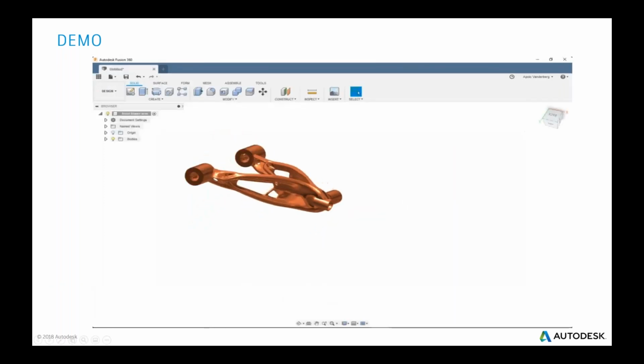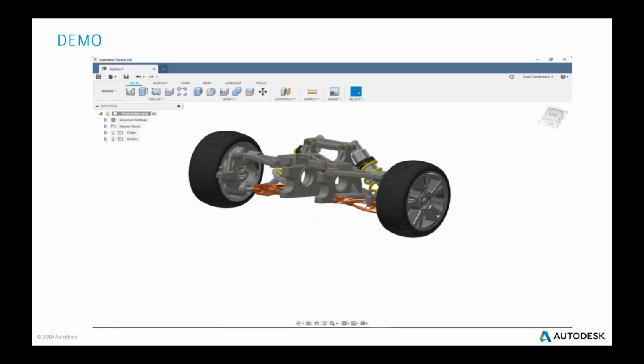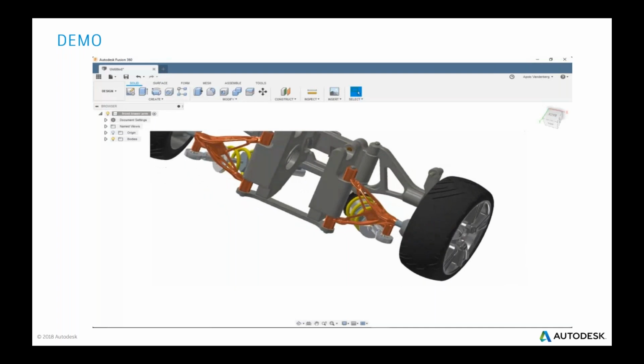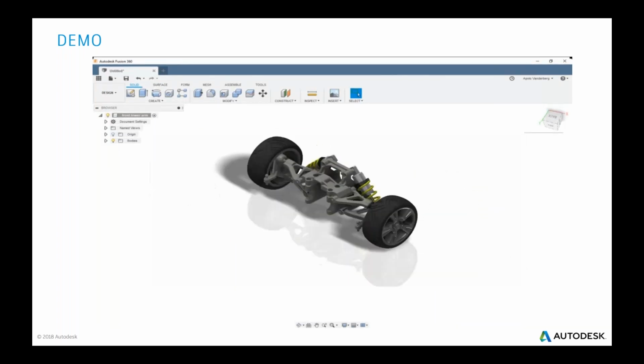And so here we have it back into the full assembly. So if you go to the next slide, Mike,